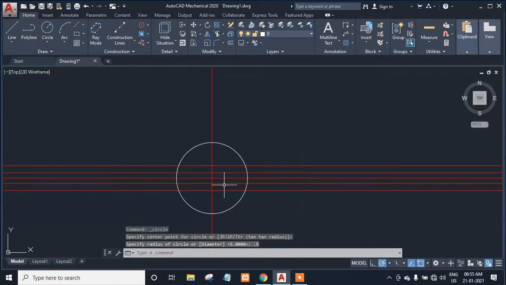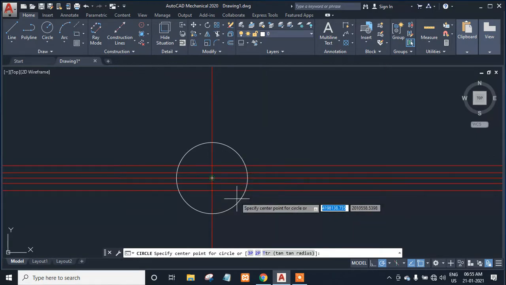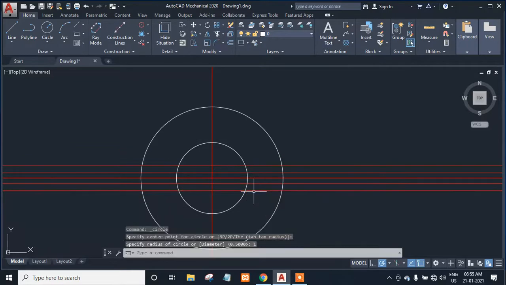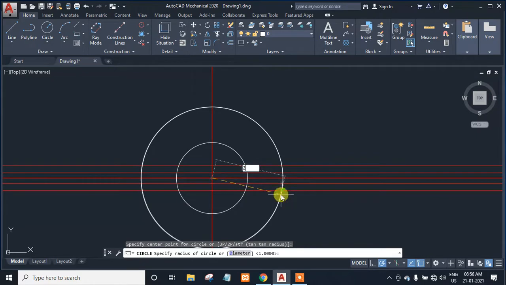Okay, and take the next circle of radius 1 mm, and another one take the radius of 2.5 mm.